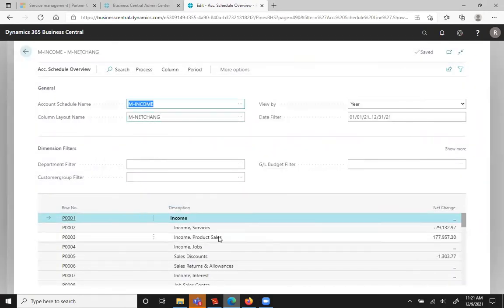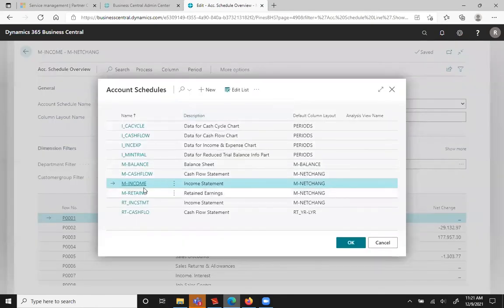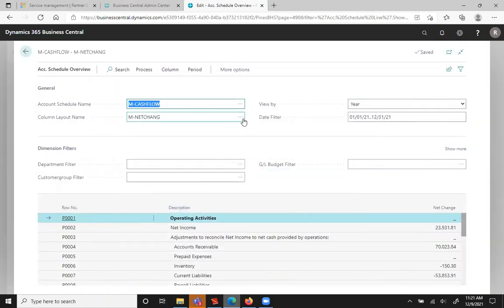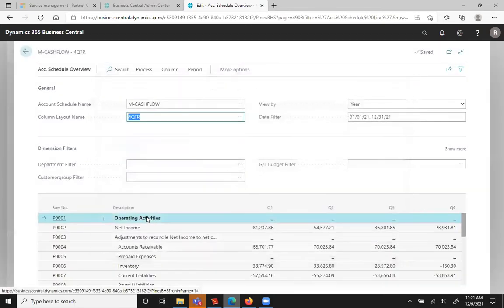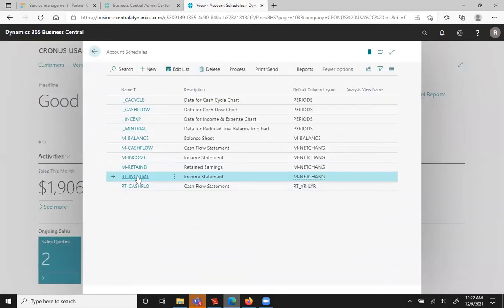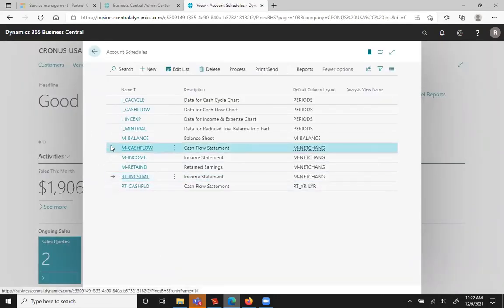And it is using net change. Here's my income statement for the date range. But you can see how I could change the base report right from here. And then I could go and pick whatever I want out of here. And then based upon this, it'll give me information. I can come back here, and that's because I selected the hyperlink. If I just click to the left to have it highlighted,